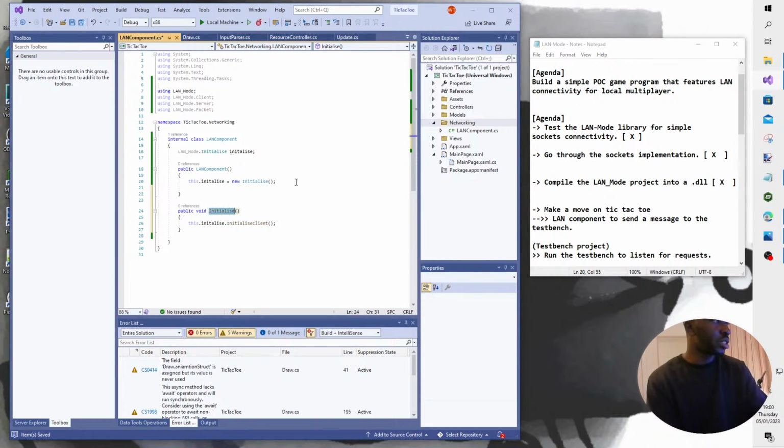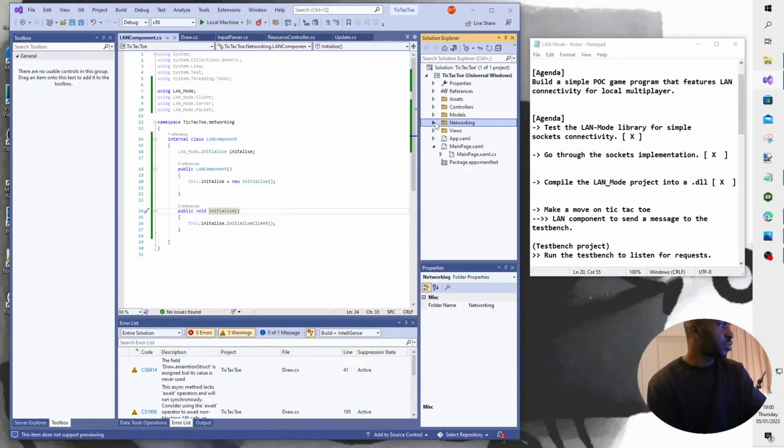I'm going to call this somewhere else in the program, probably in the constructor of the main game itself, just to have a bit more flexibility in what I'm doing. Alright, so that will initialize the client. As for the server, oh yes, before we jump to the server bit, which will be the test bench, I'm going to call this,